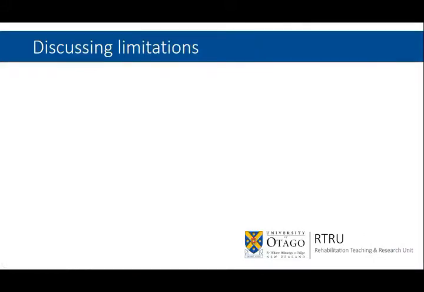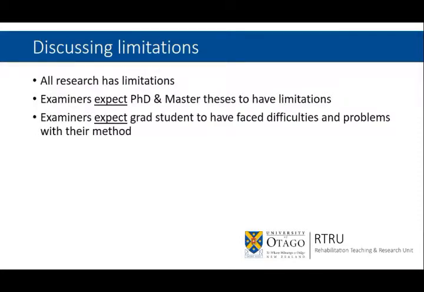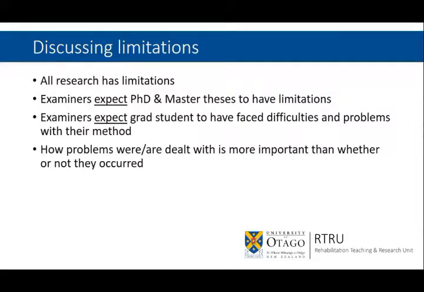When discussing the limitations of your research, you want to remember that all research has limitations. Examiners expect PhD and master's theses to have limitations. They expect graduate students to have faced difficulties and problems with their method. And so examiners of theses are more concerned with how problems were dealt with than whether or not they occurred. So it's important, both in writing a thesis and in presenting research for a published article, to be frank and candid about the limitations of your research, but don't be overly apologetic,